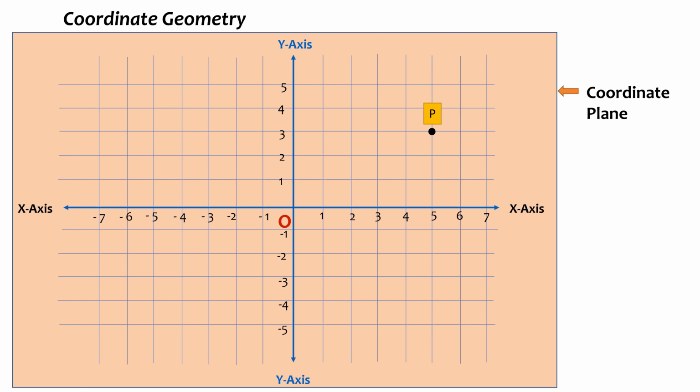Let's take this point for instance. The location of this point P will be given by coordinates represented as P(5, 3), as we have to move 5 units on the x-axis from origin, that is 1, 2, 3, 4 and 5, and 3 units on the y-axis from origin, that is 1, 2 and 3. Let's not forget that to write it as (3, 5) would be wrong, as the x-coordinate has to be written first in order, and (3, 5) would mean this point instead.